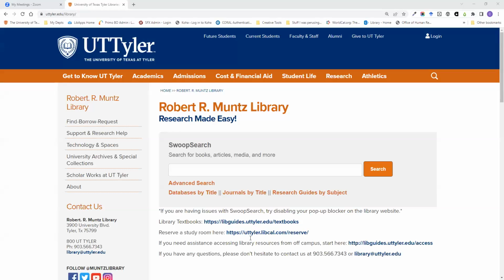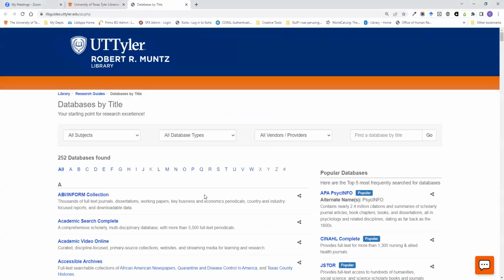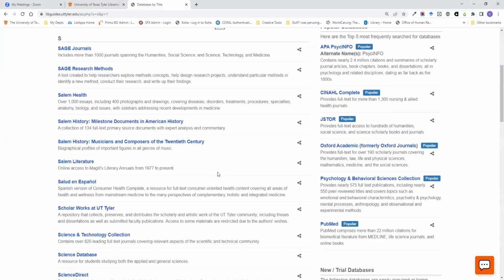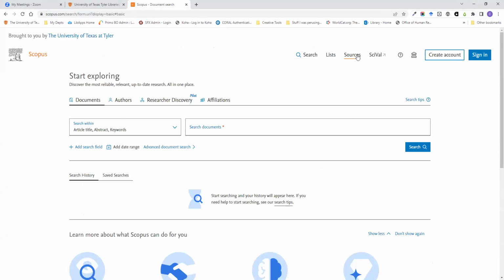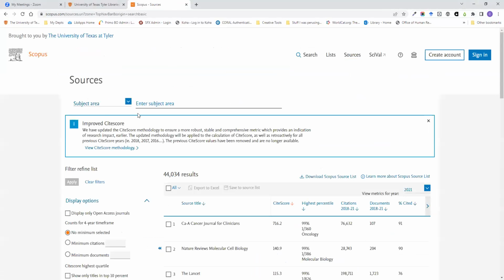The other big impact factor type of metric that we wanted to talk about is from Scopus, and that is the CiteScore. So if you are, and I think all three of you are WISE library users, you can go over here to the S and go to Scopus, and that will open up, and you'll want to click over here to sources. And we can search by subject area, but of course, a lot of times it's easier to go by the title or by the